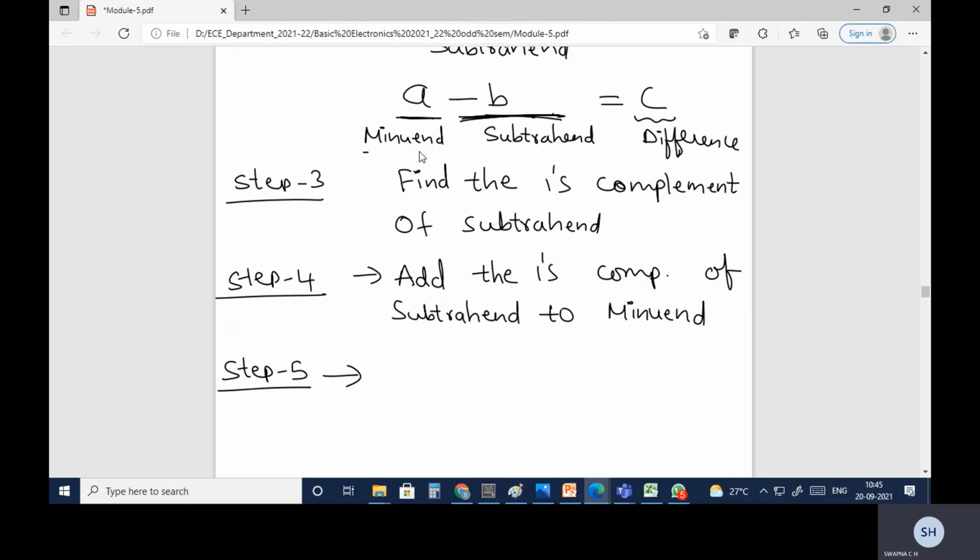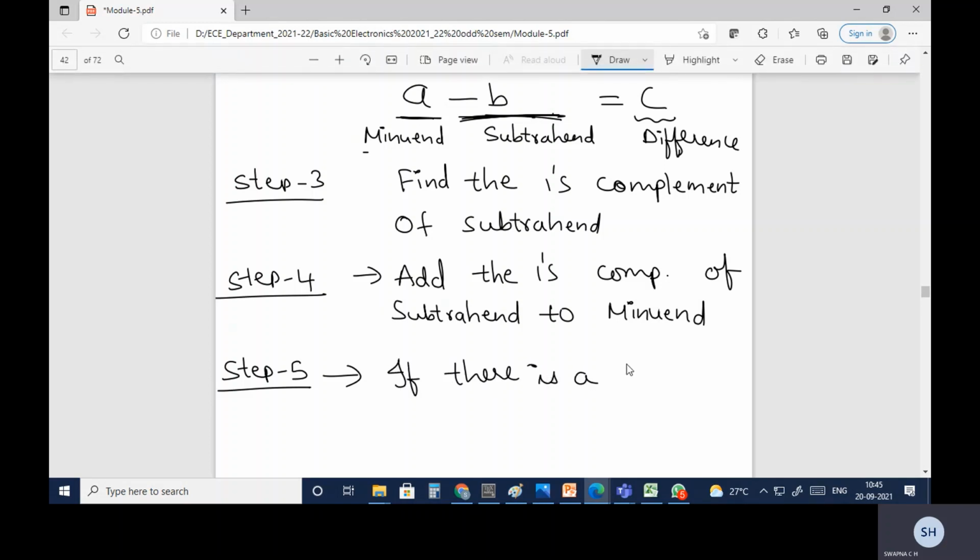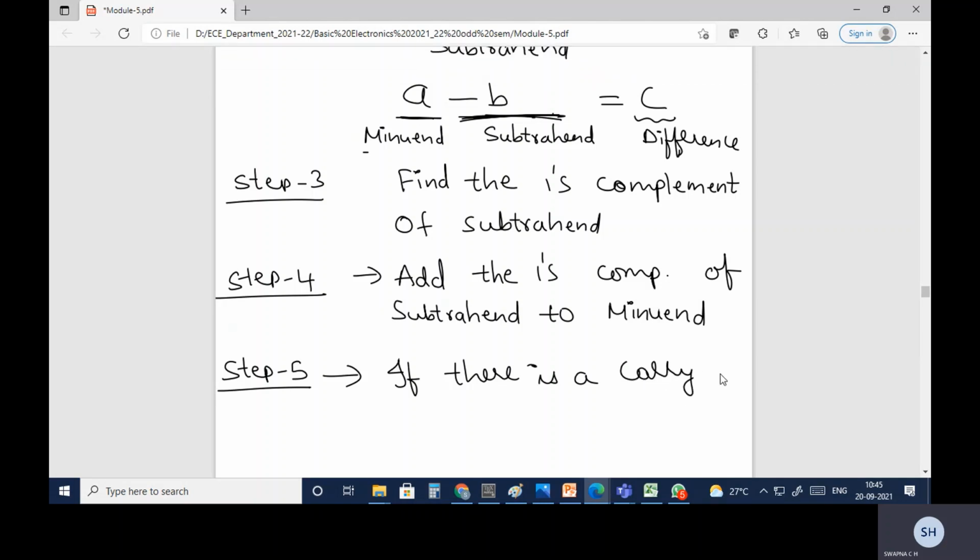Once you add the minuend and the one's complement of the subtrahend, whatever result you get, if there is a carry in step 4, that indicates the result is positive.